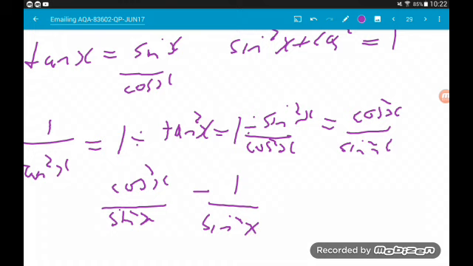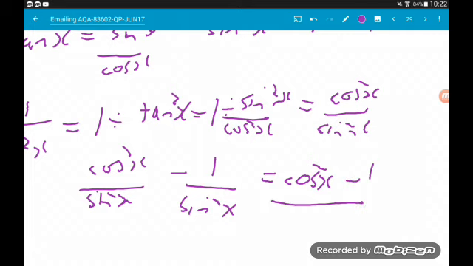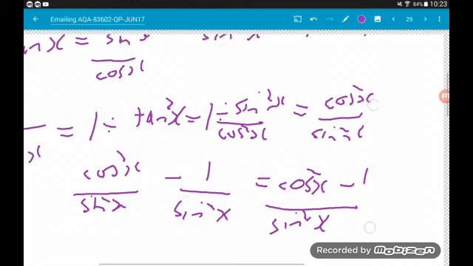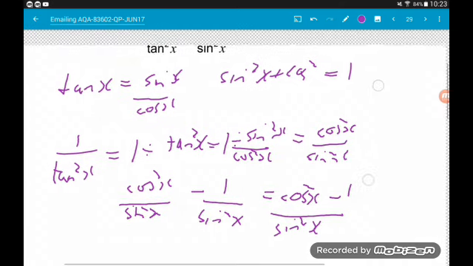Now we've got a common denominator here, so we can actually just combine this and say that it's cos squared x minus 1 over sine squared x. So from that we can rearrange cos squared minus 1